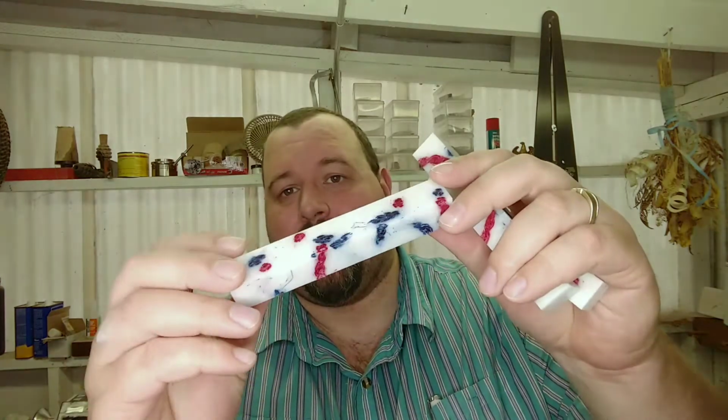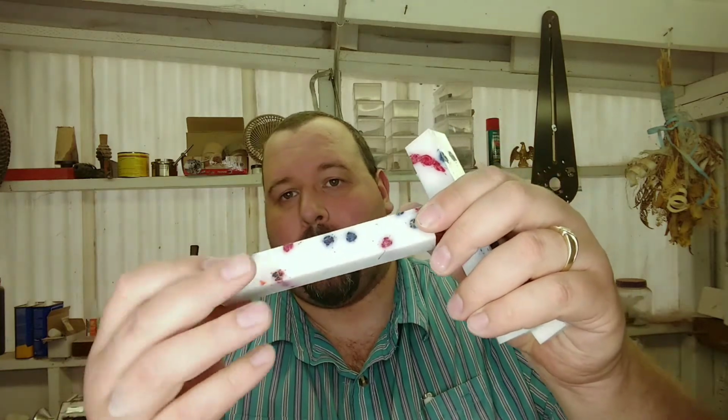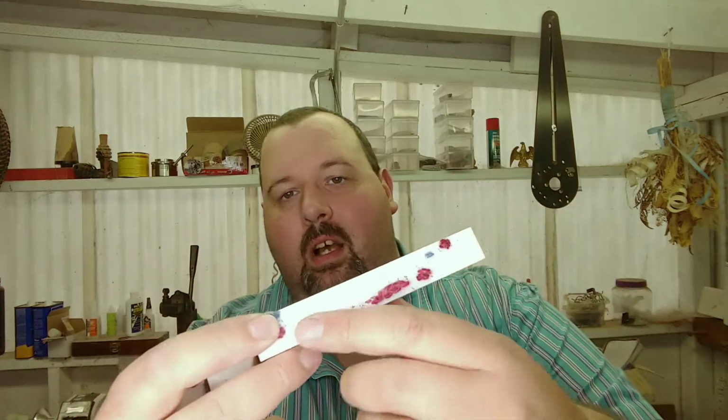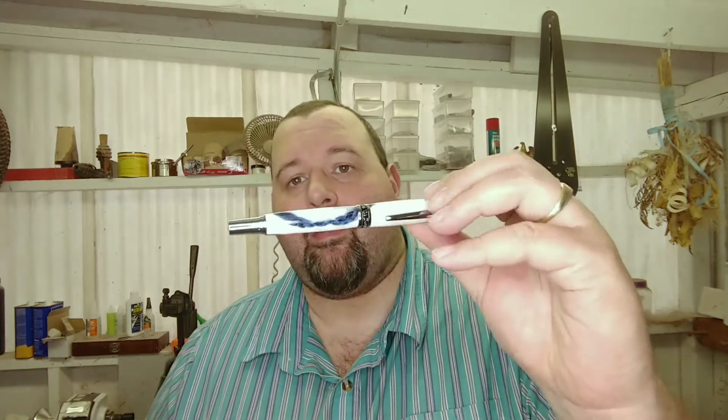Come on out to the shop. I've got something new and exciting out in my shop today. I'm going to be selling these awesome blue and red dye stabilized rope blanks that I've cast in pearl white. And these have all sorts of fun pieces of red and blue dye stabilized manila rope, all cutting through at different weird odd angles. And I figured I'd bring you out and show you a turning video that I've done